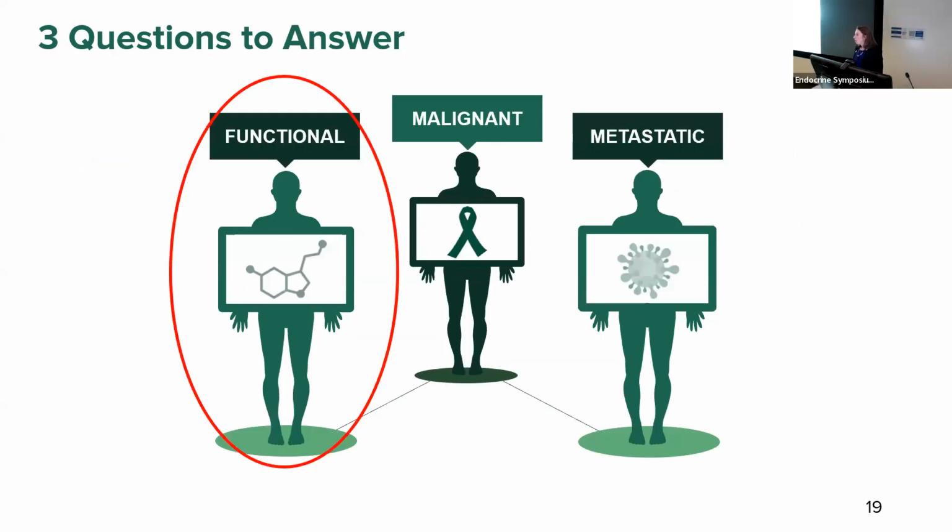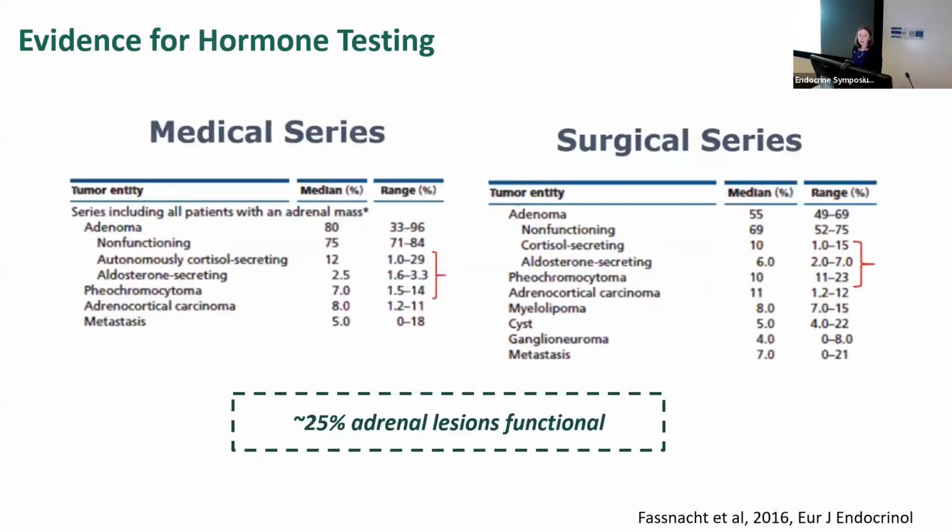Okay, on to the functional question. We'll spend the majority of our time here. This comes from the older version of the guidelines from the European Society, but about 25% of adrenal incidentalomas have been found to be functional. I think there's increasing evidence. You can debate which study you look at as to the actual prevalence, but I think that's a nice round